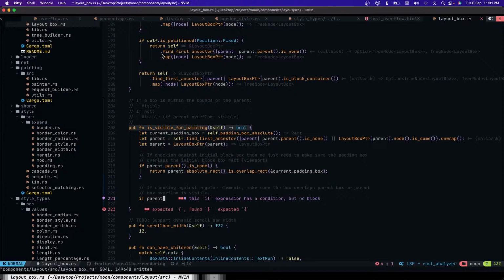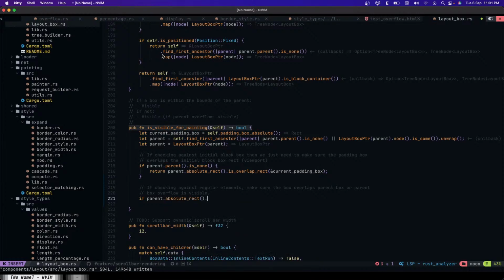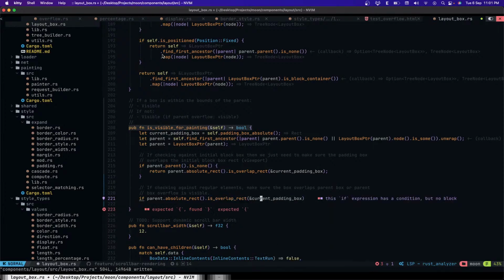So the first case is to make sure the boxes overlap, so yeah, it overlaps with the current padding box. And we can actually do this. Yeah. Then do or